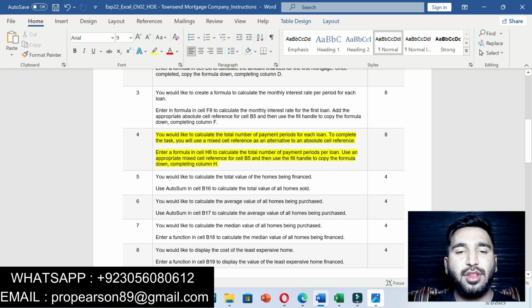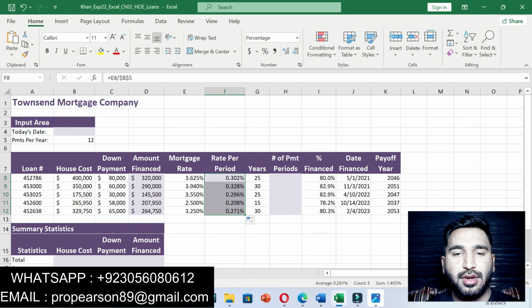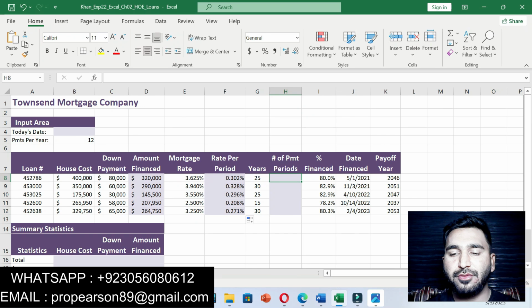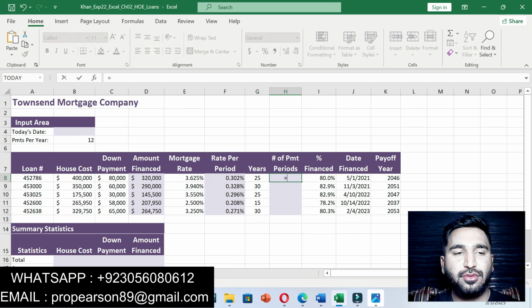First we will move to the Excel workbook, and then we will enter a formula in cell H8 to calculate the total number of payment periods per loan. Moving to the Excel workbook, click on cell H8. First we will enter equal to,